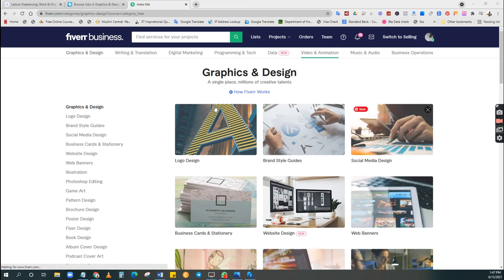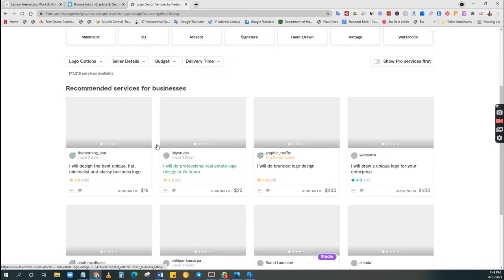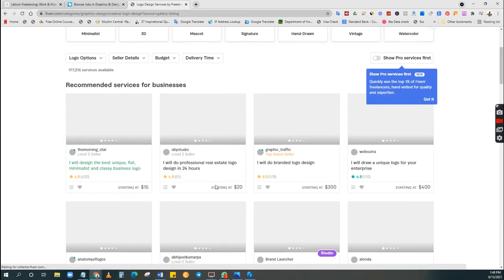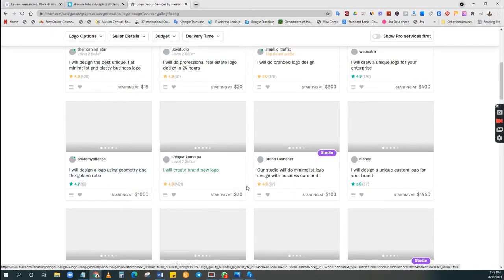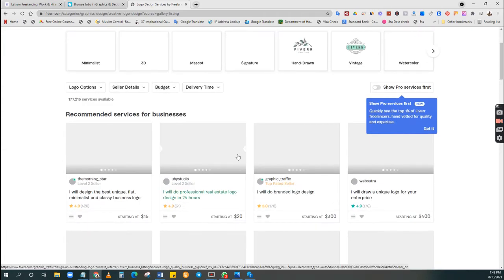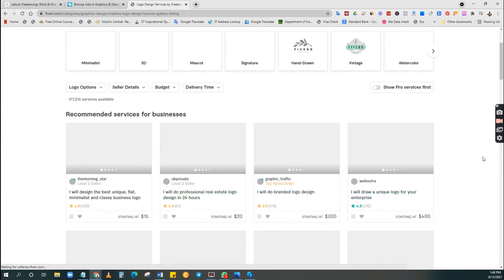Once you log in, you'll be able to search for a wide variety of services, right? So as you can see, if you go into logo design, let's quickly go here. You could easily find someone to create a logo for you for $15, $20, there's $30 over there, $35, right? So quickly want to show you,